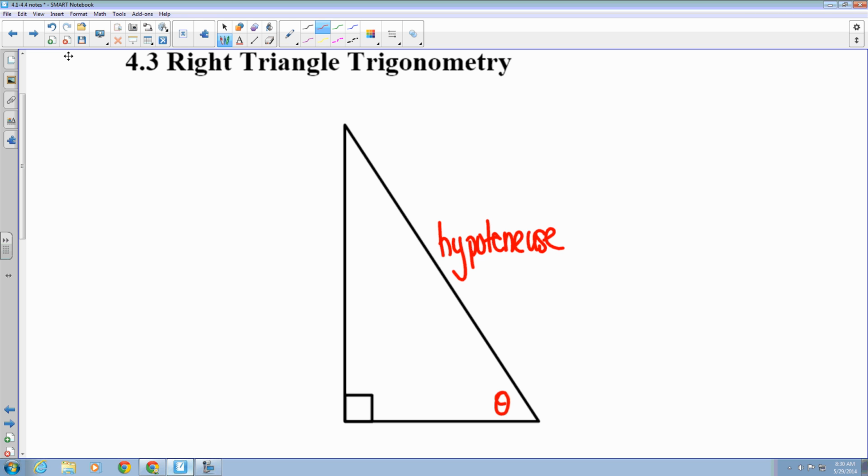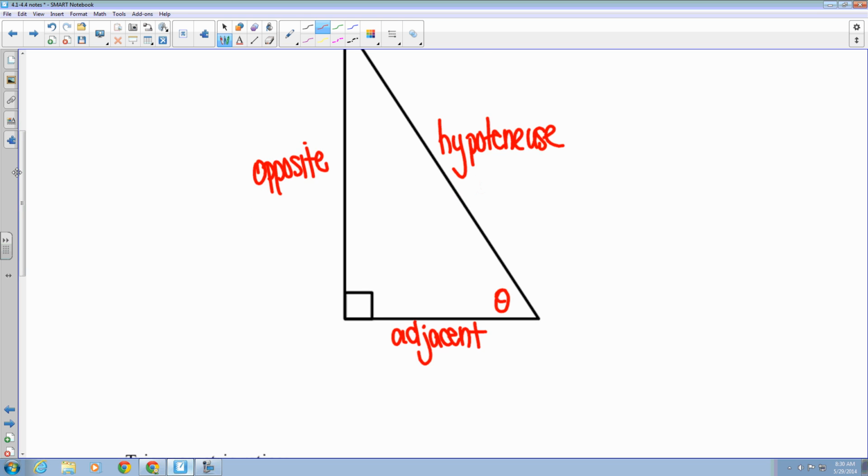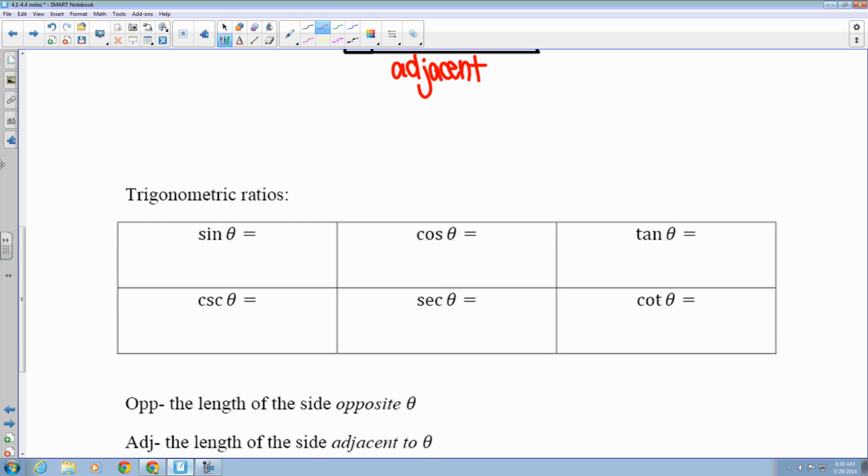The side directly across from our angle theta is our opposite. And the side right next to our angle theta is the adjacent. Obviously those change depending on which angle theta we choose, but just based off of that angle theta, those are our 3. So if I'm looking at the trig ratios,